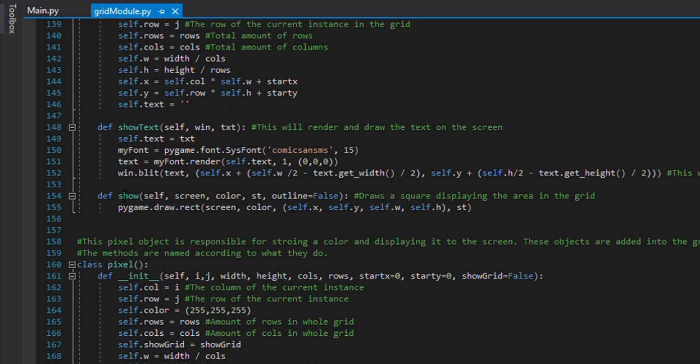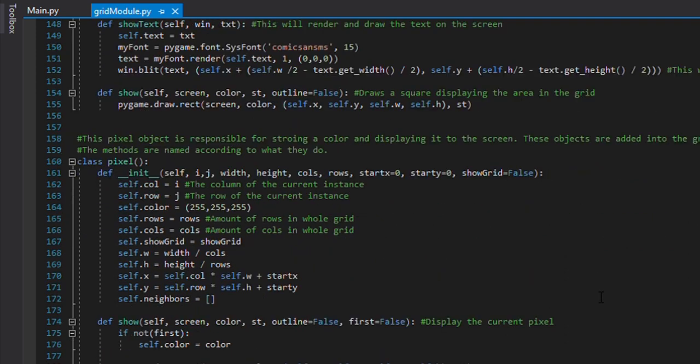Now another method in the same class is the show method. This will simply draw a square displaying the area in the grid around the text. For that I have simply used the draw rectangle method in Pygame, whose syntax you can see here on the screen.